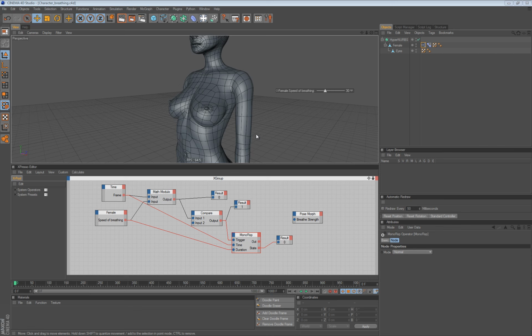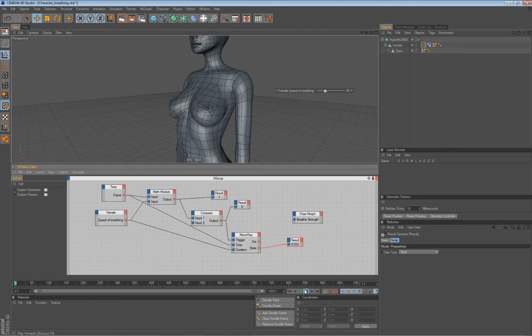So now we are actually a step closer to completing our setup, and we just press play, and if I connect this state guy now to this breathe strength, watch what happens. The lady really breathes in, but it abruptly goes back to its default state, and that is not good. We have to find a way around it. So once again, you can clearly see that